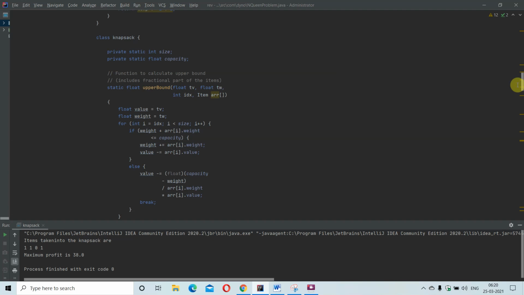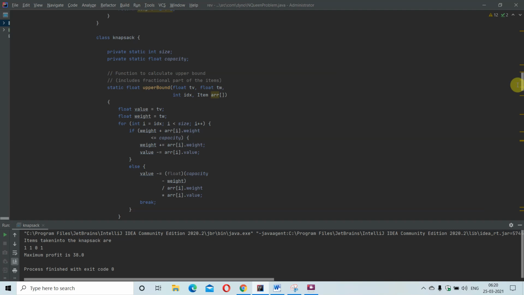Now I am comparing using an if condition: if weight plus array of i dot weight is less than or equal to capacity, that is, whether the weight plus the index which is selected according to the for loop is less than the capacity, then weight plus equal to array of i dot weight. We are going to add the weight along with this weight and assign it to weight.